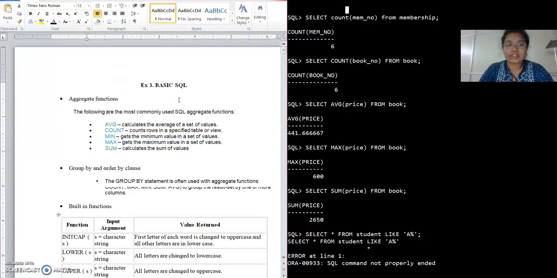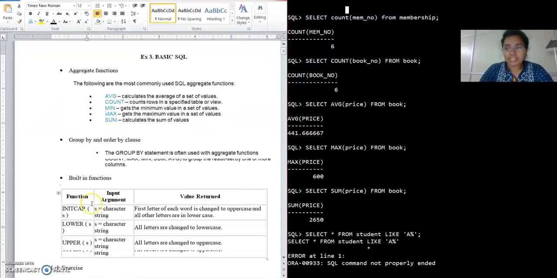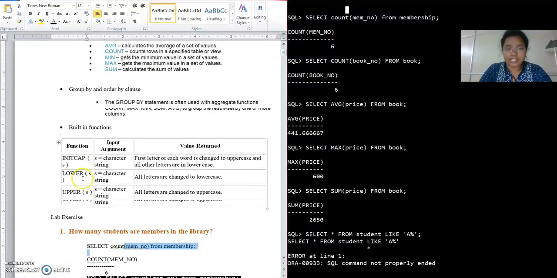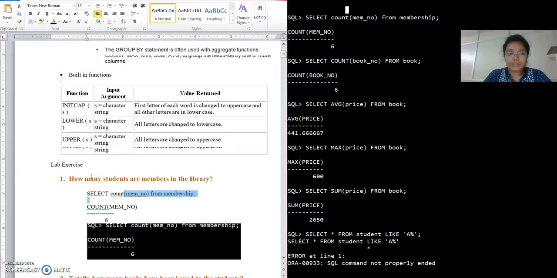So today in this tutorial, I'll be showing you basic SQL commands with inbuilt functions like aggregate function, group by, order by, and other built-in functions. We'll discuss it further, like INITCAP, lower and upper. Right? I'll give you some queries and questions by which we'll execute some queries. I'll show you the queries and their outputs so that you'll be able to understand the execution flow of how